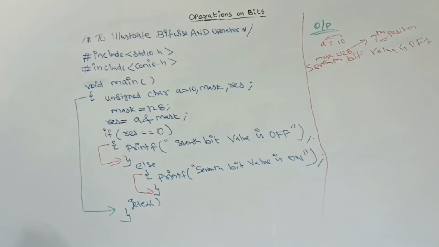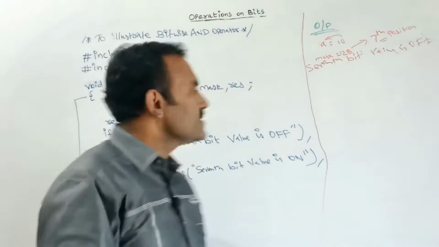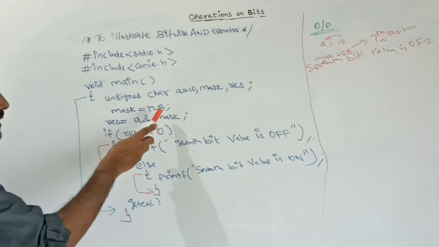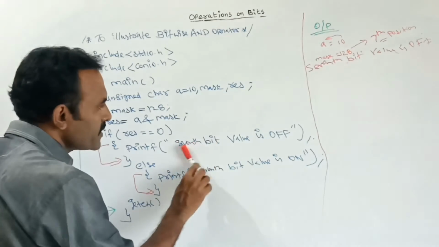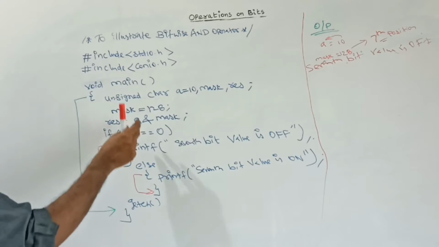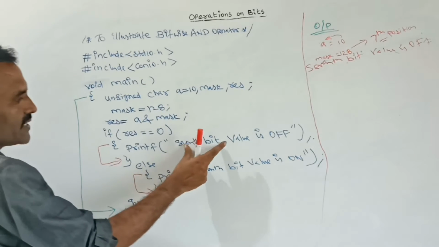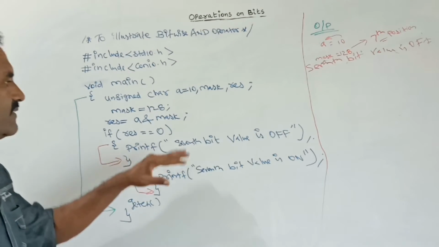Depending upon what position we need to find, this mask value will change, and we should give that position here. If you want to find the fifth position, what is the fifth position mask value we should give here? Here you change it to fifth. Here, just this message only will display.